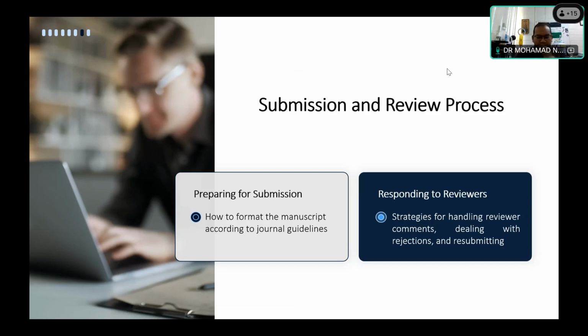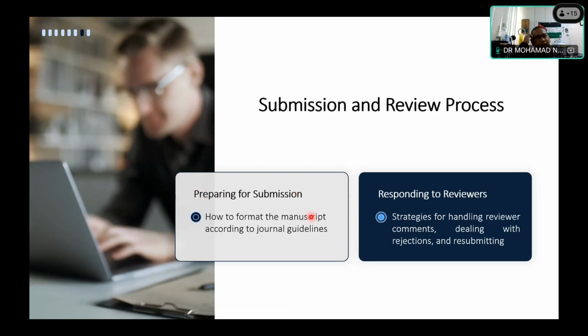Okay. So for anybody studying at USM, for the master's you need at least one ISI or Scopus publication. For the PhD, at least 2 ISI or Scopus publications. For anybody who is trying to be involved in the academic world, this is the criterion, and it's better for you to publish in high-ranking publications rather than lower-ranking ones, because it will reflect your specialties and the quality of your work. So preparing for submission is very important.